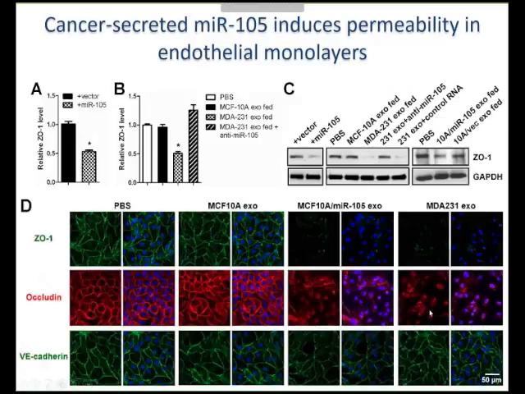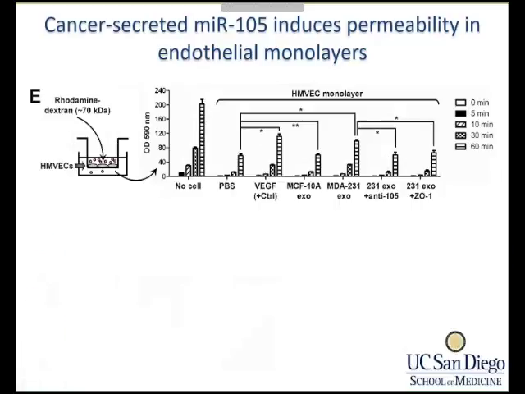So this is strong indication for destroyed tight junctions in endothelial cells. As expected, we also observed the increased leakiness of endothelial monolayers in vitro using this model. So we see that endothelial monolayers pre-treated with exosomes high in miR-105 have increased the leakage of the rhodamine dextran dye we added to the top chamber of this transwell